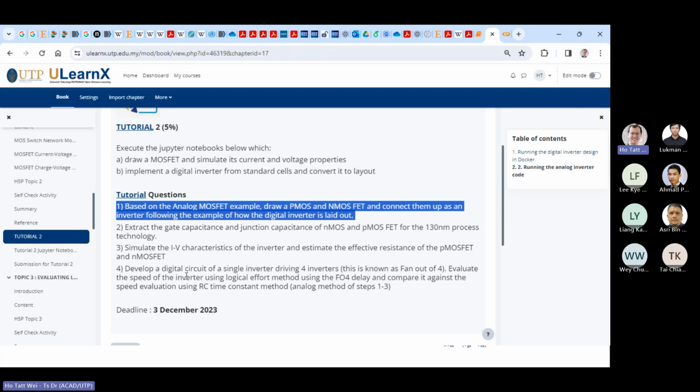Or you have the digital way, which is the logical effort. You can estimate the fan out of 4 for inverters, and then you can use that fan out of 4 delay with logical effort for NAND gate, NOR gate, and all those other gates. So the whole point of this tutorial is to show you that given the Liberty file model, you can use these tools to extract these parameters from simulation, from the fab's model. And that gives you way more flexibility in simulation and hand calculation. You can use these realistic models, right? So that's the purpose of tutorial 2.